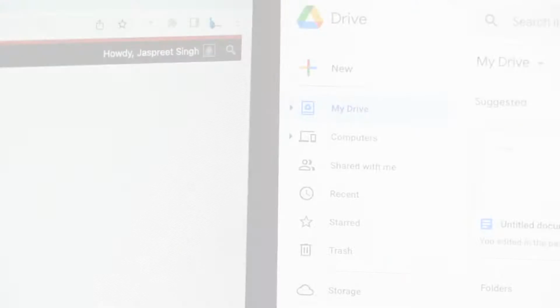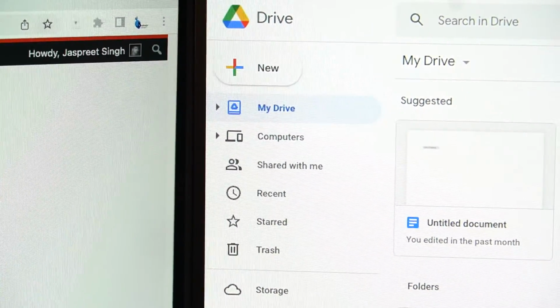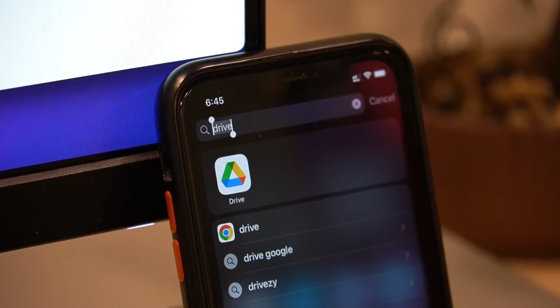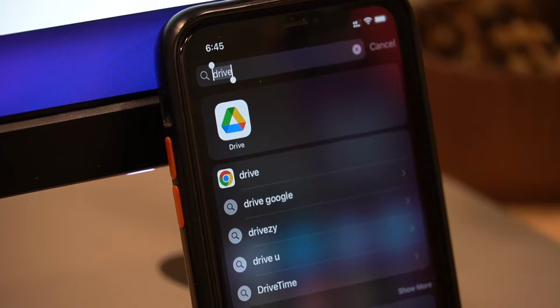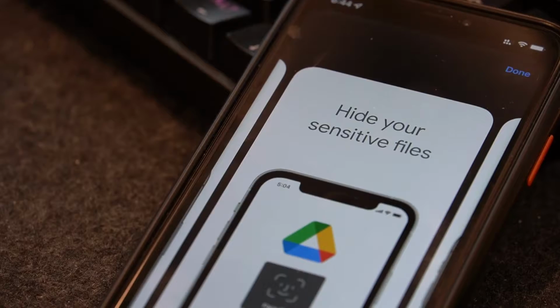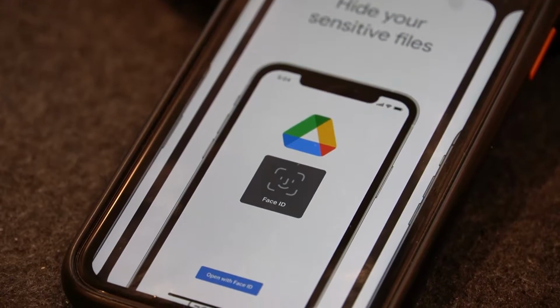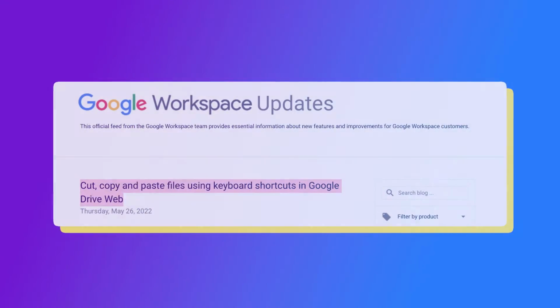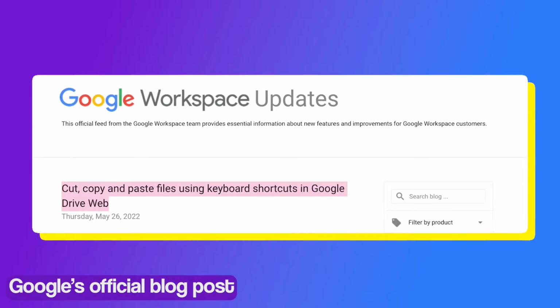30 TB. You can move files, create folders, rename things, and pretty much do all of the basic stuff that a file manager does, except for the beloved cut, copy, and paste functionality. It's surprising that a modern platform like Google Drive misses functionality that people have been using on a day-to-day basis for decades now. But fortunately, Google is finally rolling out an update that adds cut, copy, paste to Google Drive